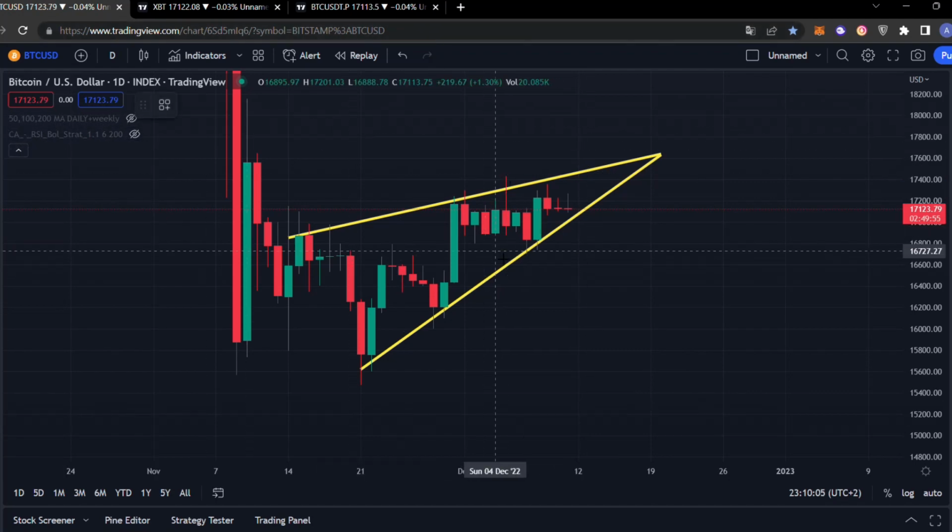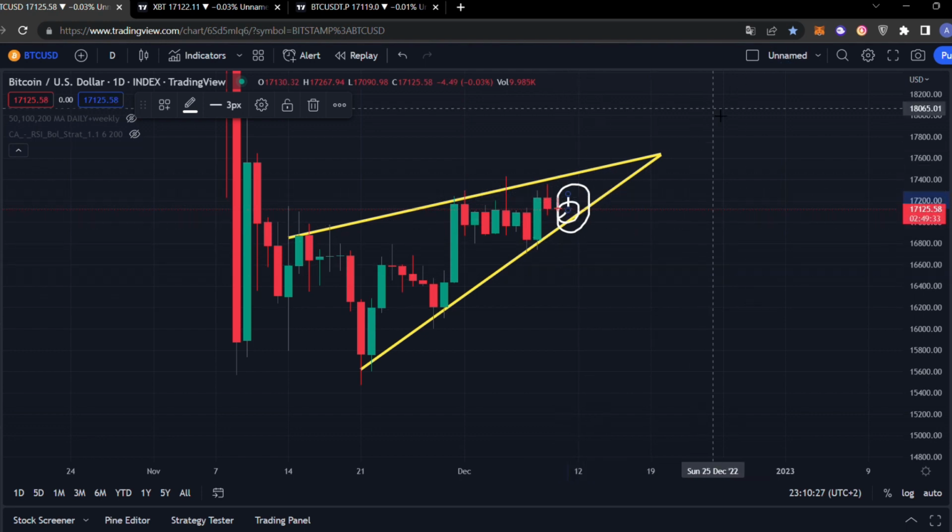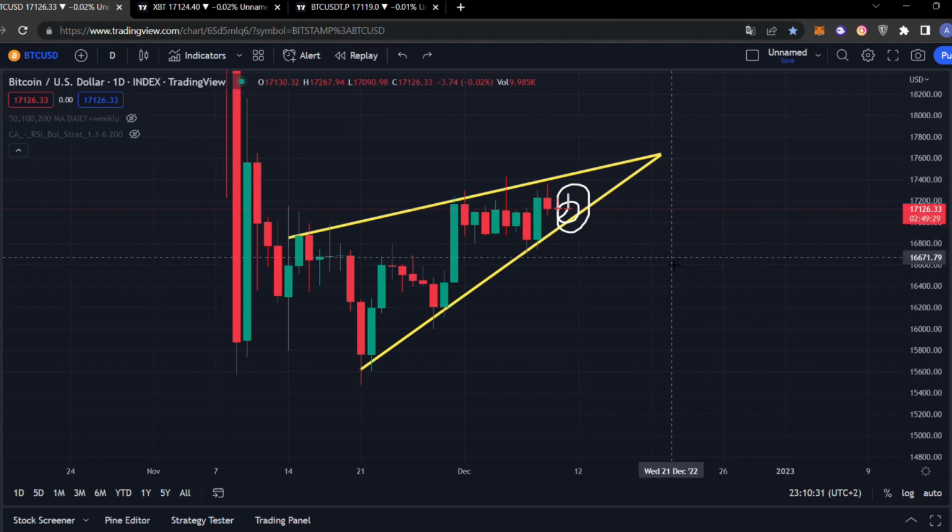On this video I'm going to explain what's happening right now for the Bitcoin price. And guys, as you can clearly see, we have moved to the next candle here. As we discussed yesterday in my last video, right now you see we are exactly on the same position. We saw a slight pump to the upside up to $70,250 around that area, and right now we have come down again at $70,125. And guys, you can clearly see that we're going to close this candle in around 3 hours from now,